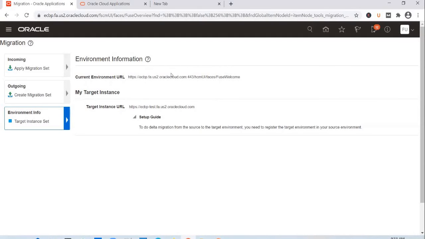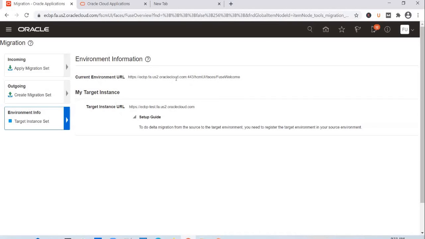The reason for setting up this target instance is that the sandbox needs certain instance level parameters to get deployed correctly. Those parameters will be picked up from the target environment URL that you set here. The changes would not automatically flow, although it gives you that impression when it asks you to set the target instance.